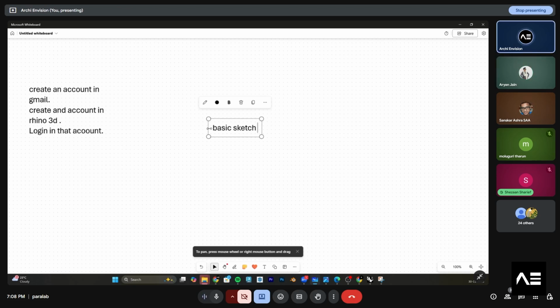If you installed Rhino, there will be a tick box. There will be different software which you have to download and install separately for Rhino. Does it work similarly to how it works in SketchUp? Yeah, it's similar. Both are the same.